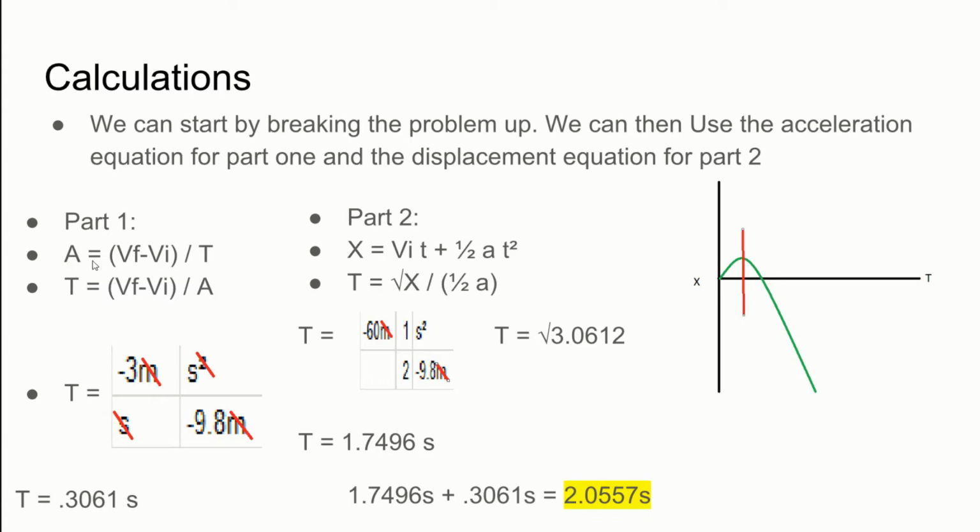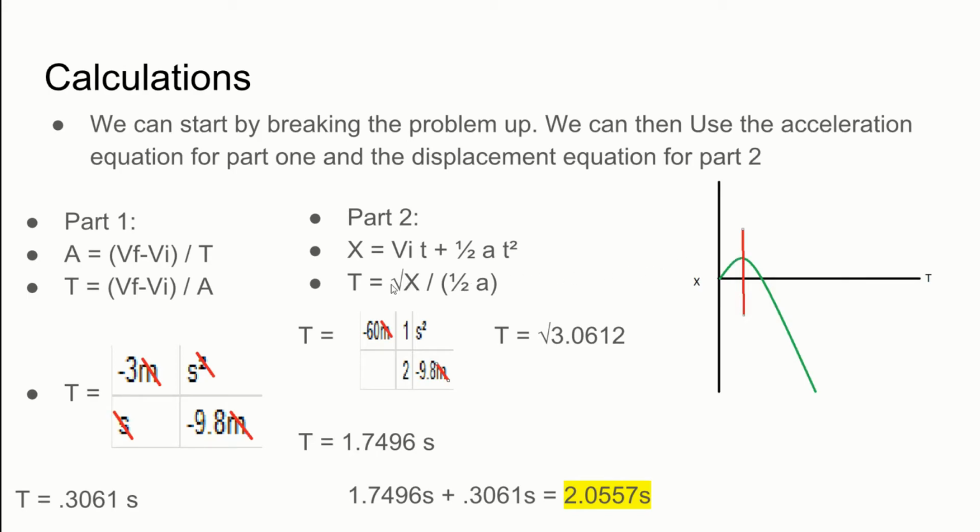So we can use the acceleration equation, change it around to put it in terms of time, use unit analysis, and do the math, and we get a time for this section of the graph of 0.3061 seconds. For the second half of the graph, we're going to use the displacement equation. The initial velocity here is 0, so we can negate that part of the equation, and we just end up